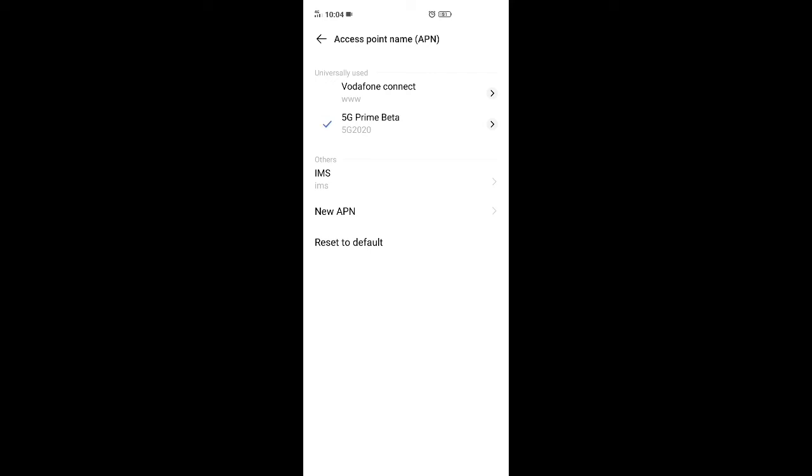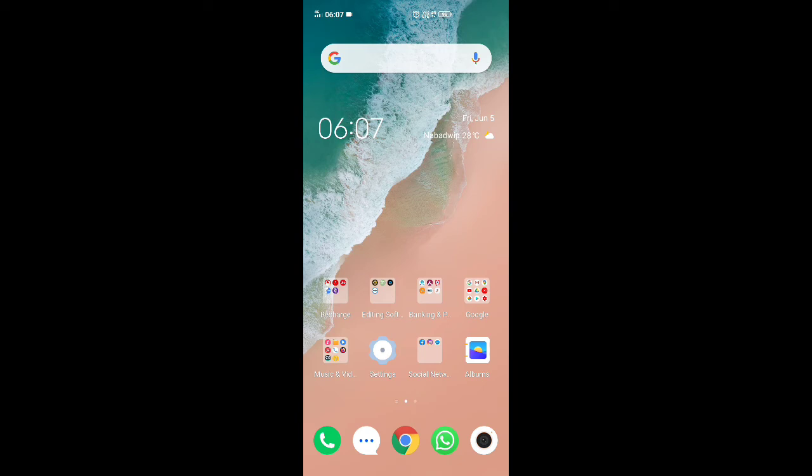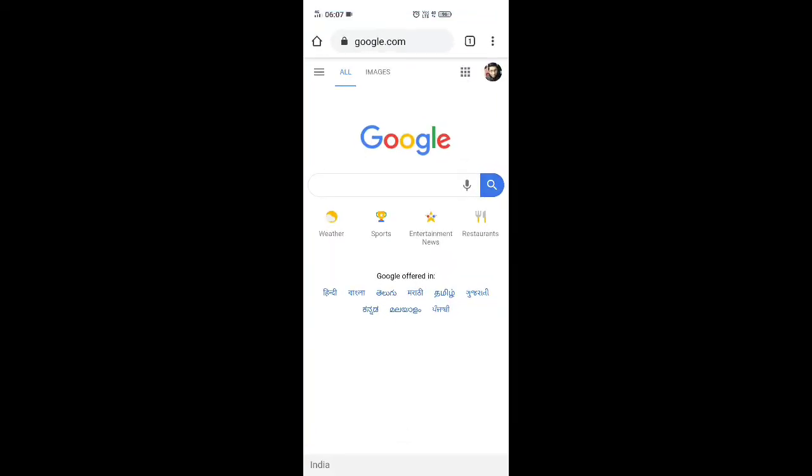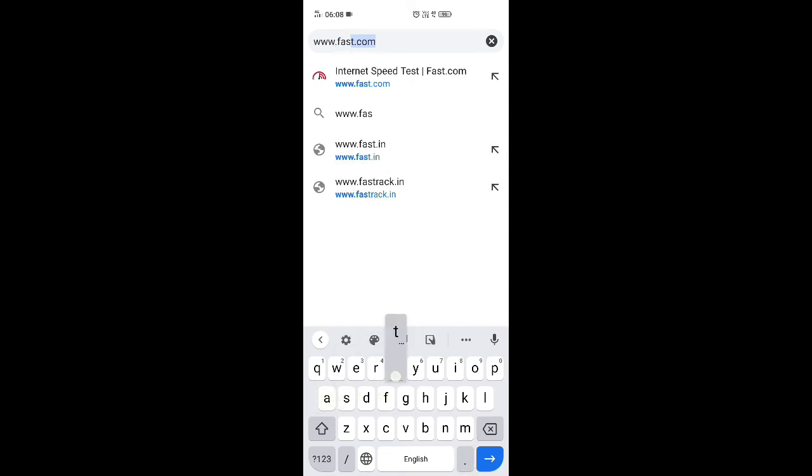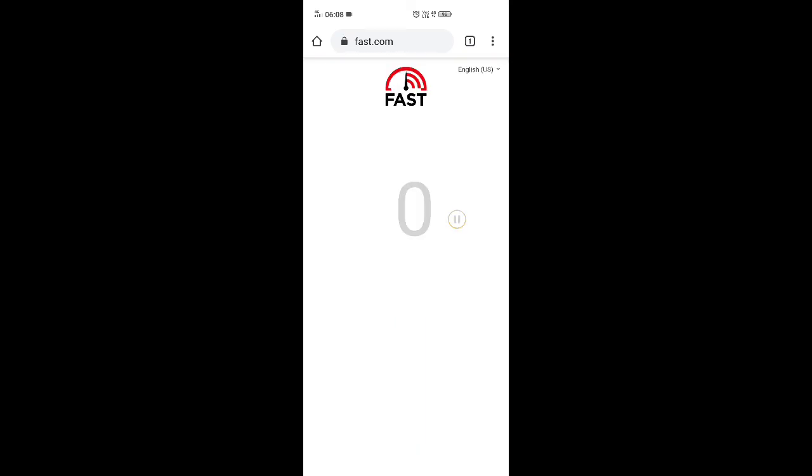That's it guys. Now I will test the internet speed. To test the speed of your internet, go to the Google Chrome browser and type www.fast.com. Hit enter. Now it will automatically test your internet speed.